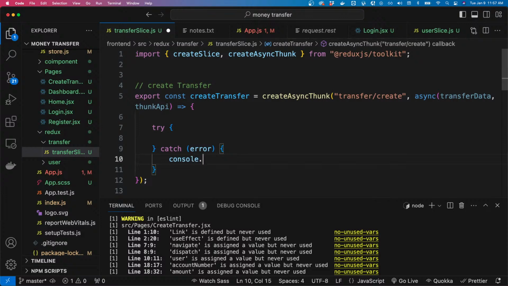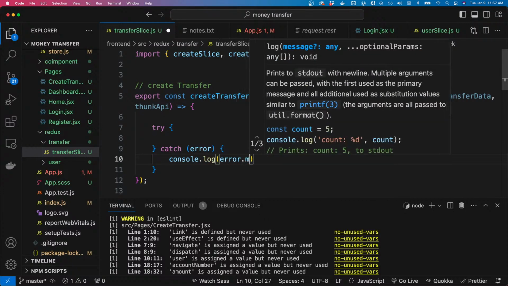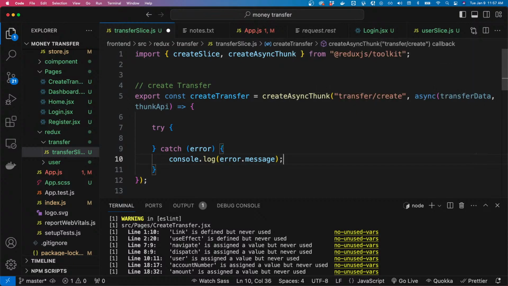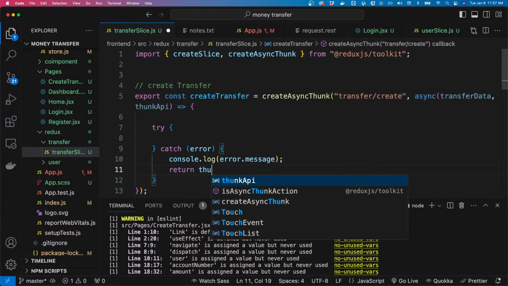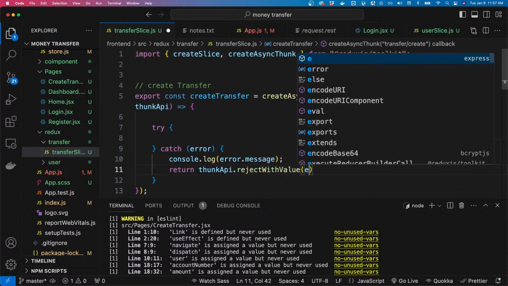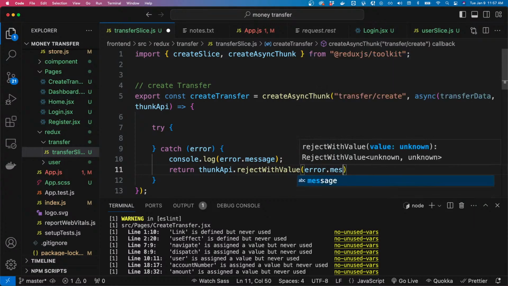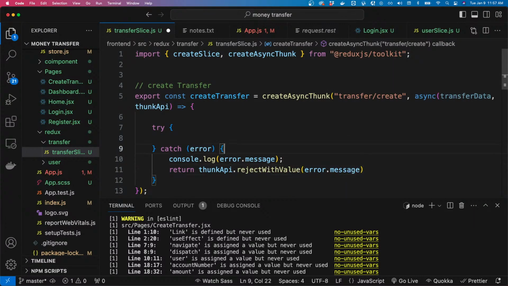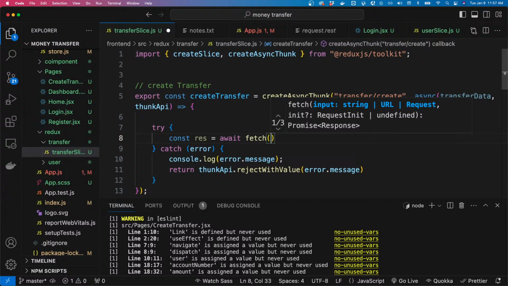First of all, let's console log the error.message, and then return our thunk API and reject with value error.message. So let's then make the request by saying response should be equals to await fetch into